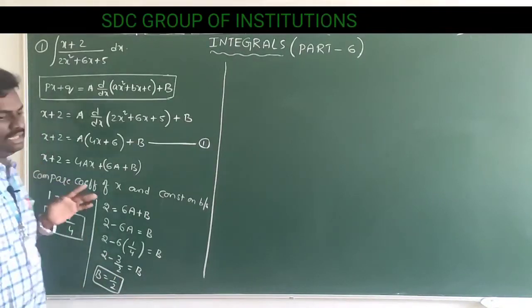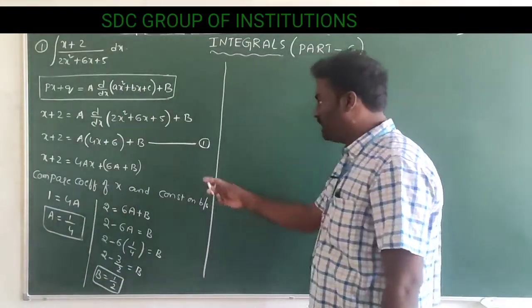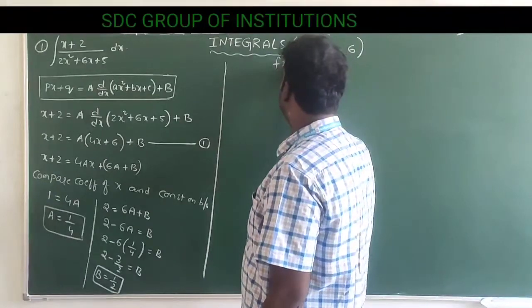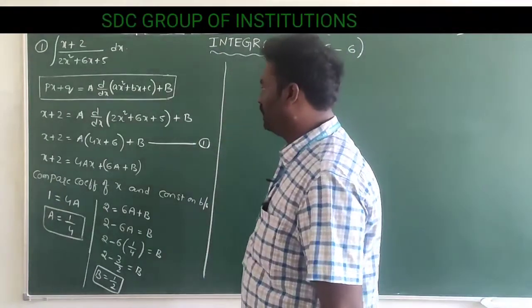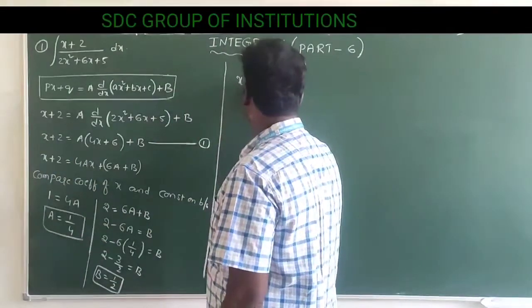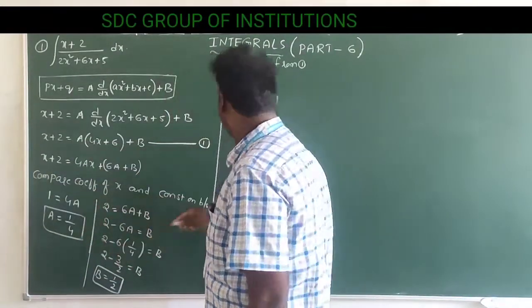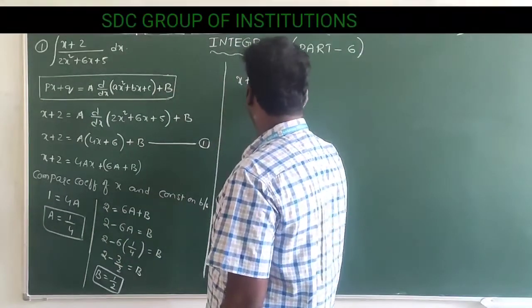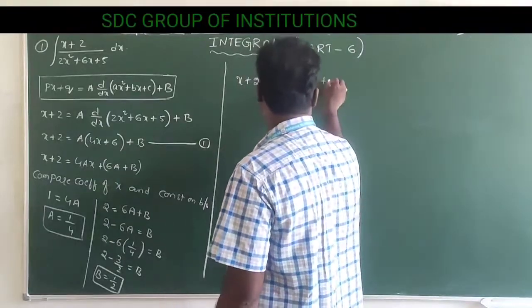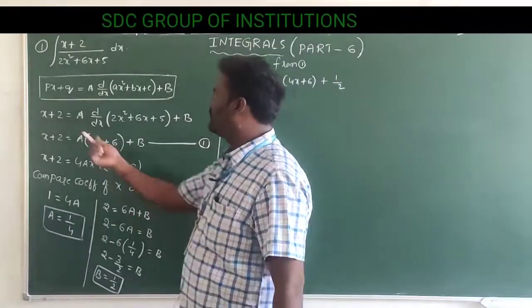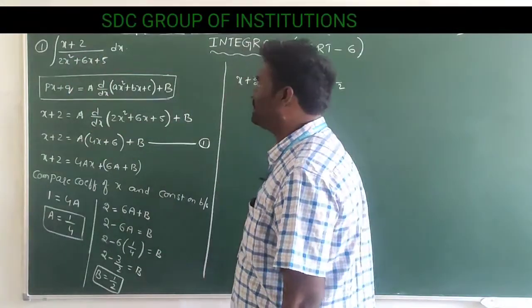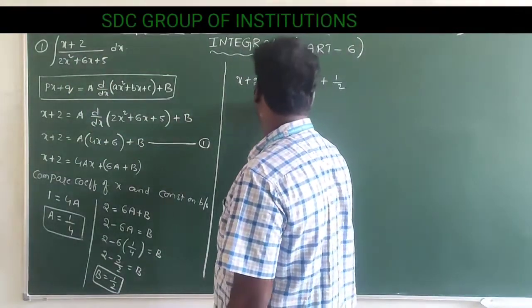Finally, we got A and B. Substitute these A, B values in equation 1. From equation 1, the left side value is x + 2 = A, which is nothing but 1/4, into (4x + 6), plus B, which is nothing but 1/2. For this x + 2, I am dividing both sides